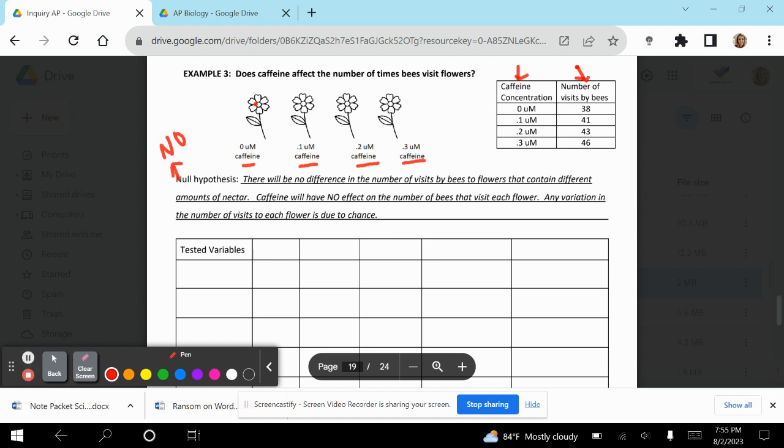Now, if you take a look at the data that we see here in our table, if I asked you to draw a conclusion, I would say that most people are going to say that as caffeine is increased, then the number of visits by bees to that flower is going to increase. And so they might conclude that caffeine is having an effect on the number of bees that are visiting a flower. Well, some people are going to say, no, I actually think it's pretty even. Just that variation that we see there between the flowers is just due to chance. So again, that's why we're going to use a chi-square so that we make the same decision just based on